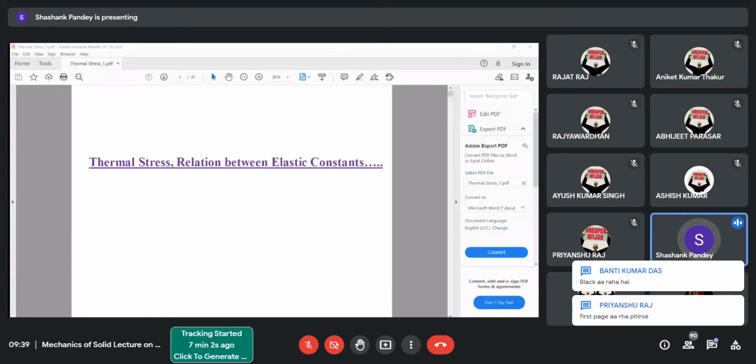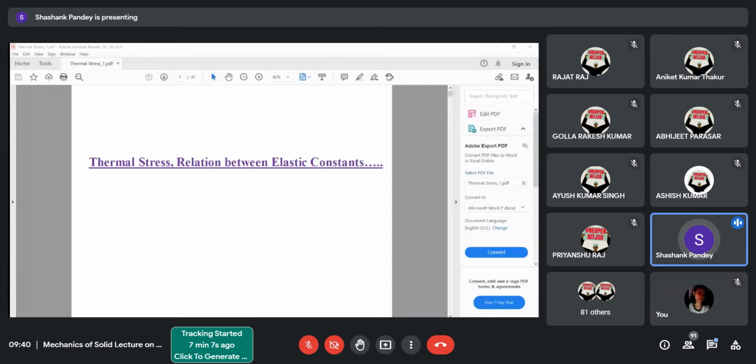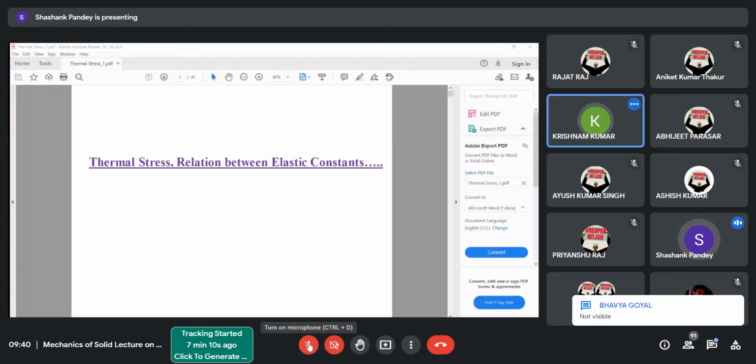So let us consider a body of length L. T is the rise in temperature. E is the Young's modulus. Alpha is the